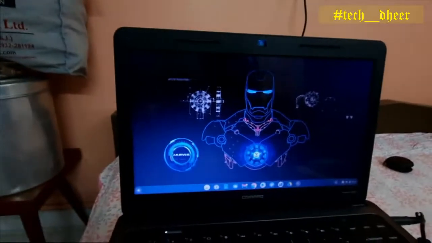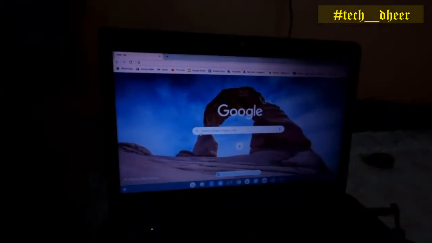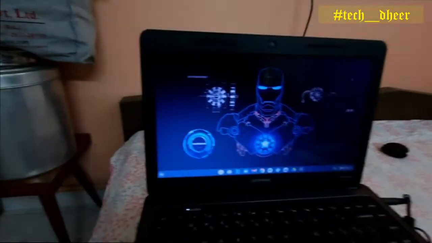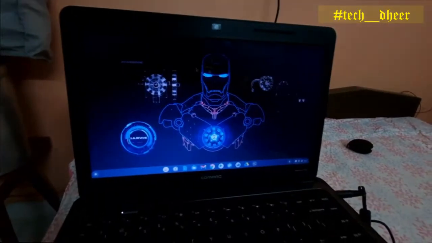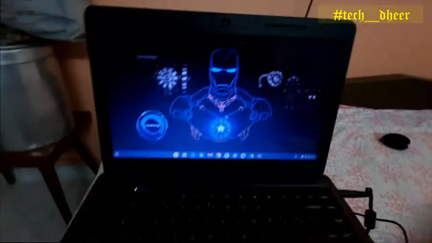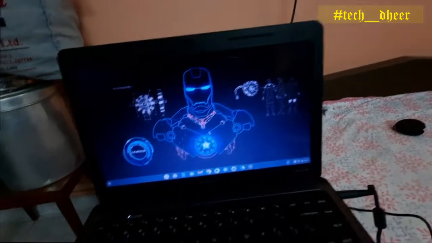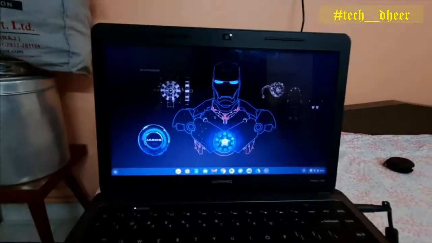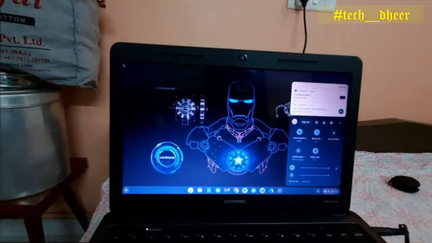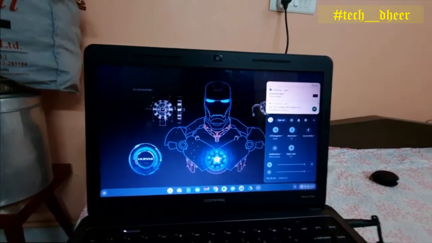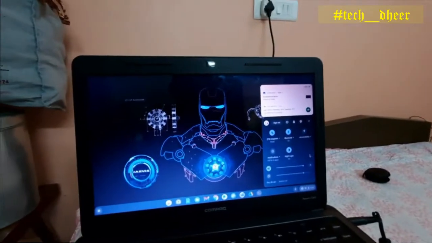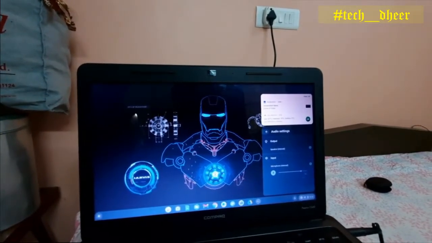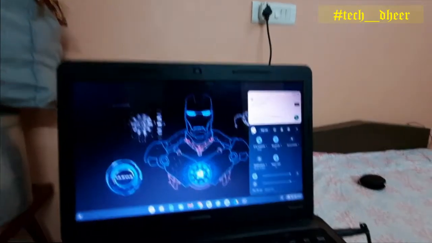And in this, the main thing is you'll get a desktop experience for this Google Chrome, and the most important thing is this is running so smoothly. Like I have tried all the operating systems like Prime OS and Windows 10 and all other operating systems, but this operating system is running very smooth with my computer. And you can see the notification panel over here and all those settings, and if you have a microphone you can adjust it, and all the audio settings are over here.